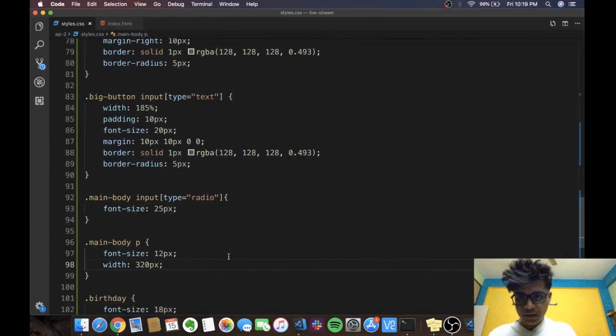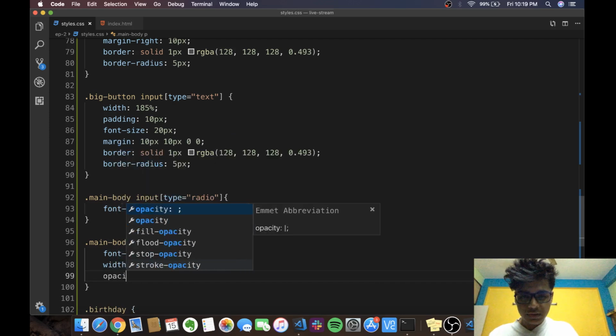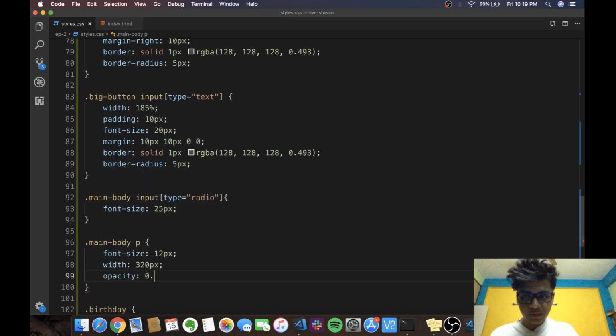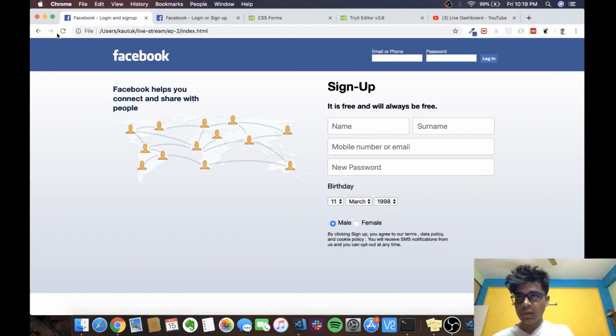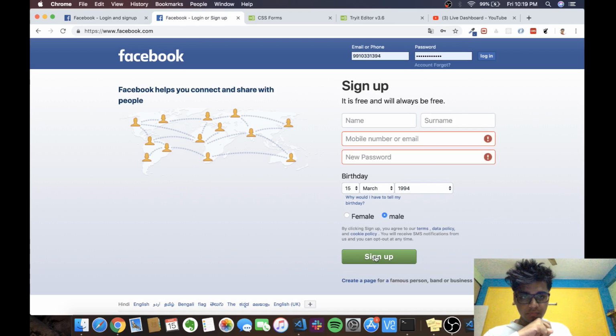Also, I'll give it a color which is a little muted, or I'll use the opacity tag and give an opacity in points. 1 is 100% opacity, 0 is 0% opacity, and 0.6 is 60% opacity. So it works like this. Alright, cool. So there's one thing that is left now, that is the big green button, which is sign up,